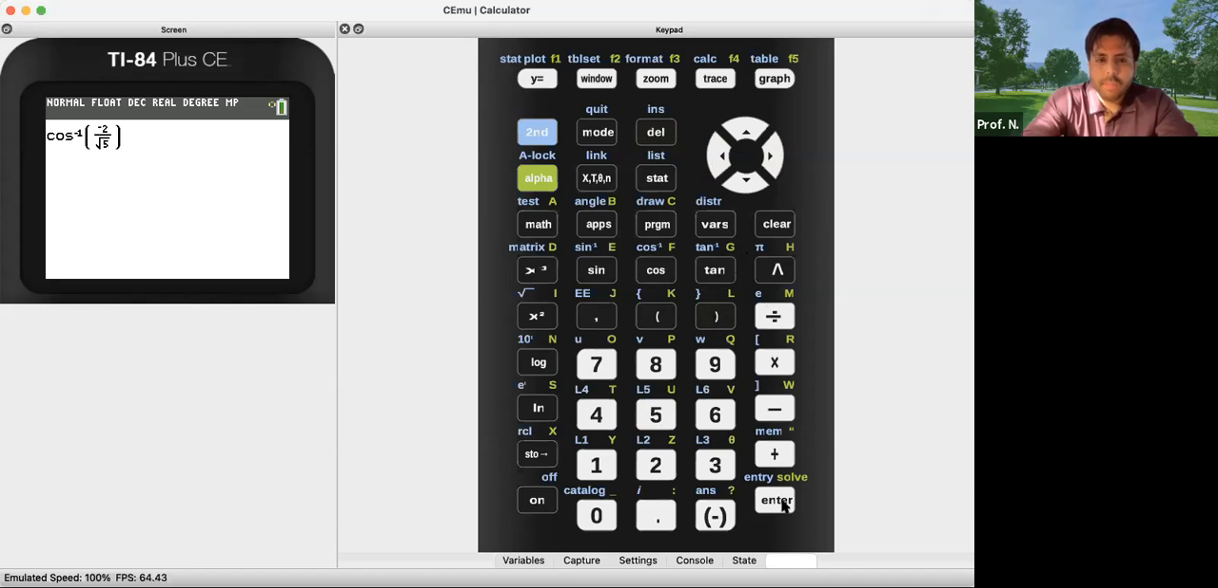And then I press enter, and the degree version is 153.43 degrees. So that's roughly what my angle is. It's roughly 153 degrees. I'm gonna try one more time, but this time I just wanna find what the radians